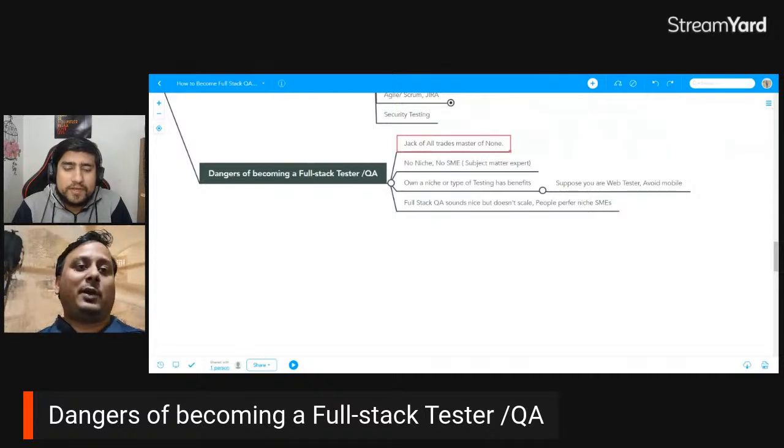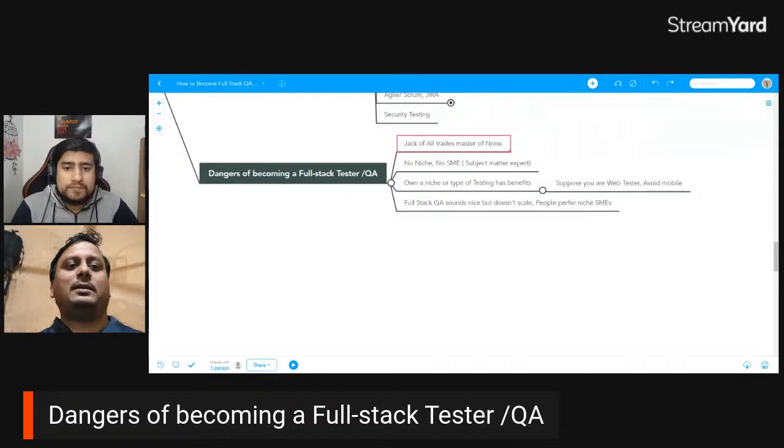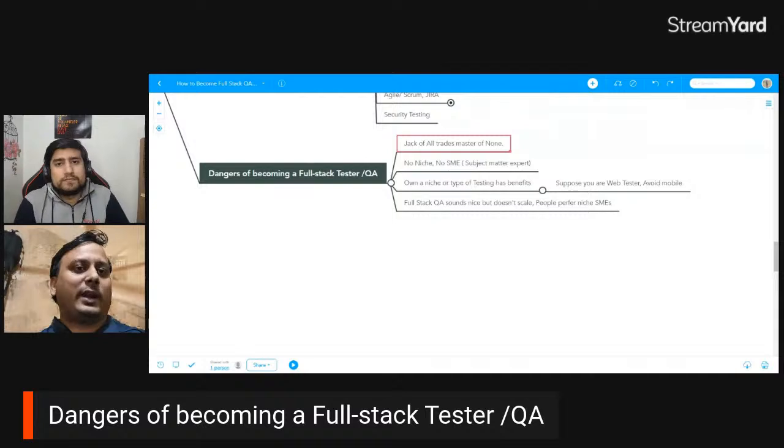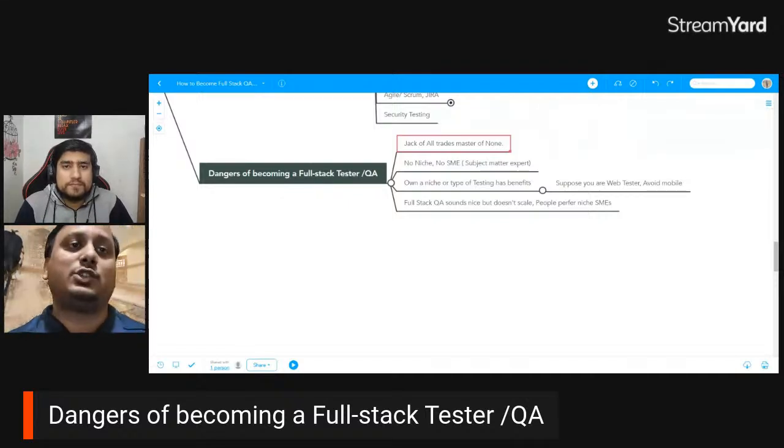Because companies like to have multiple rounds. So somebody will focus on API testing or API automation, somebody will focus on programming, somebody will focus on performance testing, right? So either you become good, let's say you become more than 70% in every kind of testing you're trying, okay, with one expertise. You need to have one expertise, you have to be a very good tester. It's not that the tester won't get the jobs or won't earn good enough money.